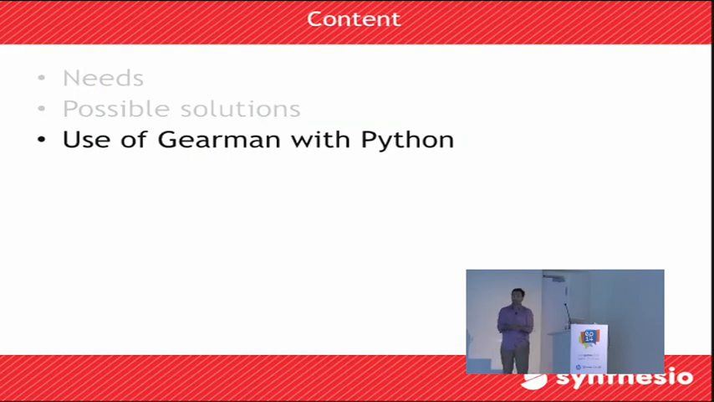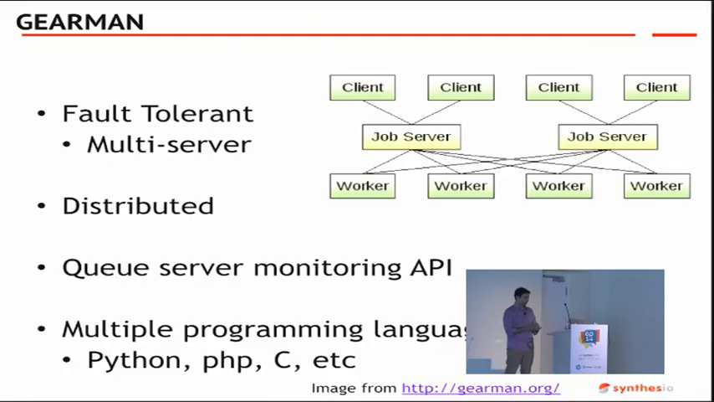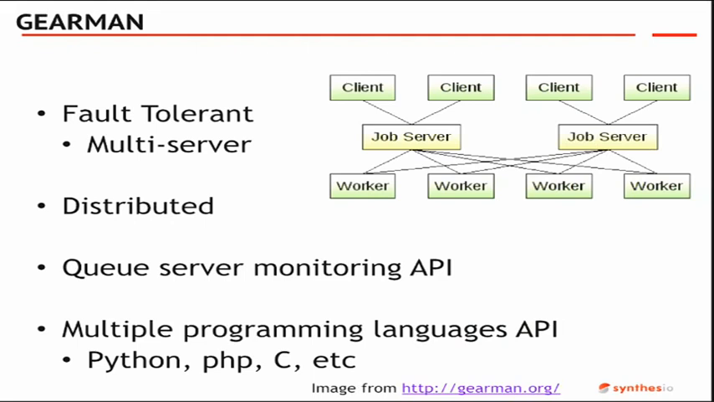So how do we use this with Python? A very simple example. First of all, what exactly is Gearman? This is an image that I just took from their website. It's basically fault tolerant. It's multi-server, meaning we have two job servers. They can be on different machines. If one goes down, either because the server went down or because the network went down,